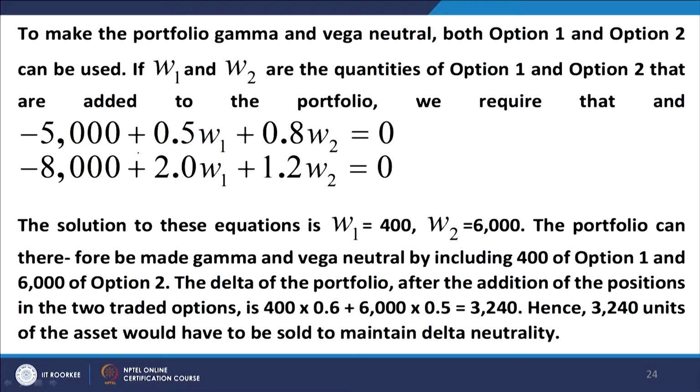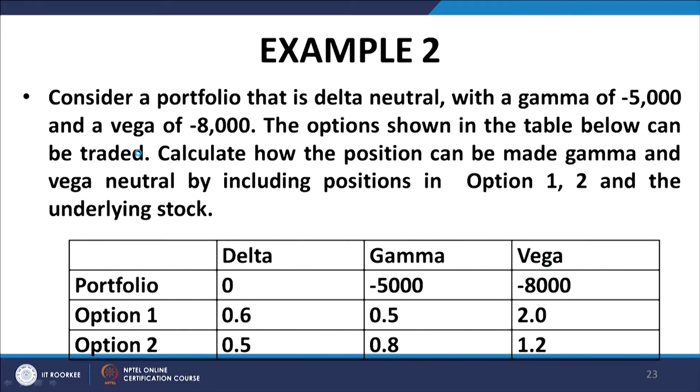I repeat, delta, gamma, Vega of the portfolio is equal to weighted average of the delta, gamma, Vega of its constituents. I can write these two equations, minus 5000 which is the current value, plus, because I have taken W 1 options of option 1 and each unit of option 1 has a